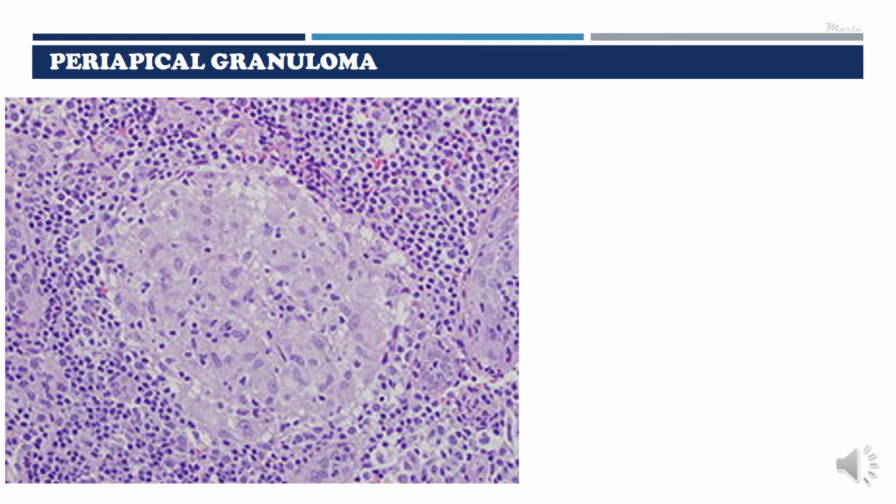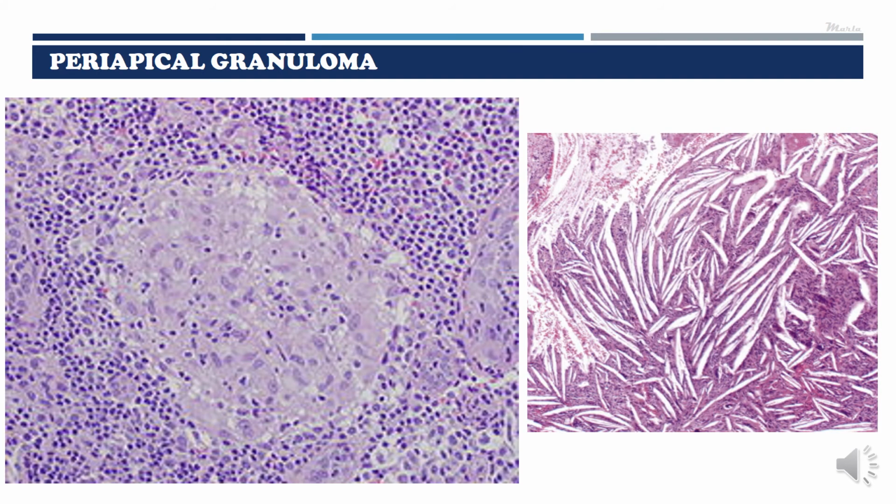So in this photomicrograph, you can see there is a mass of epithelial cells. These are the proliferation of cell rests of Malassez, which is basically secondary to the stimulation from the inflammatory cells and its mediators. You can also see in certain areas empty space, needle-like areas which are present in a localized area, and this is what we call as cholesterol clefts.